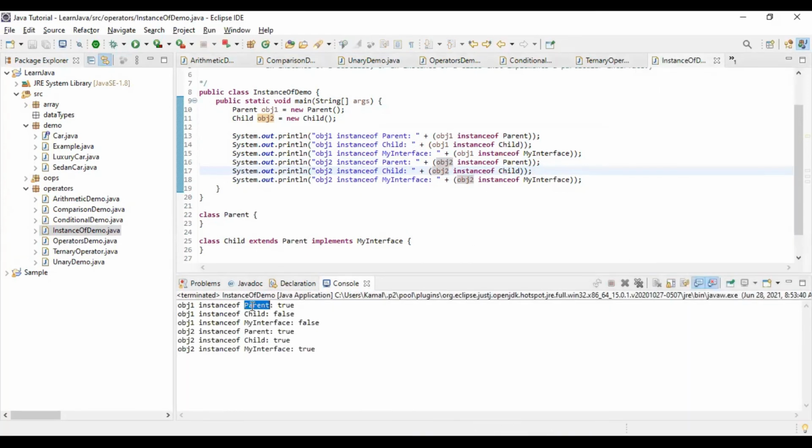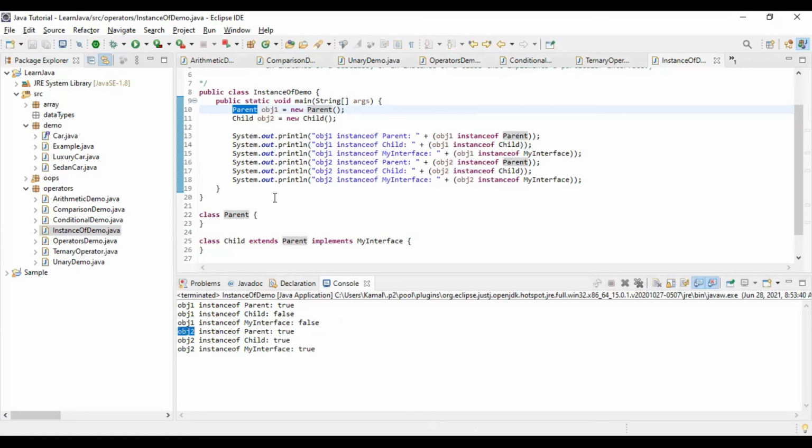Obj1 instanceof parent. Since it is of type parent, it has evaluated to true. Obj1 instanceof child, false, because it is not of type child, it is of type parent. Obj1 instanceof my interface: this parent class is not implementing this interface, so it is returning false.